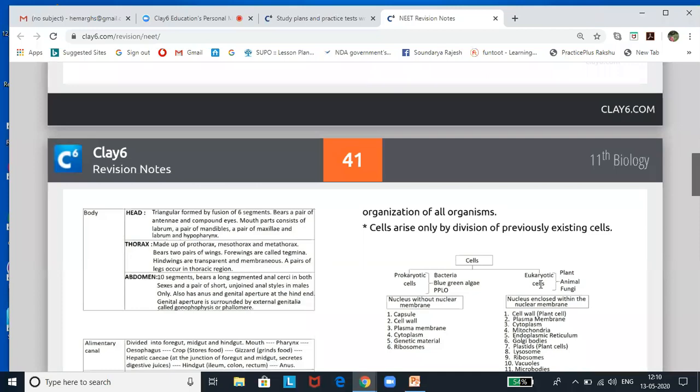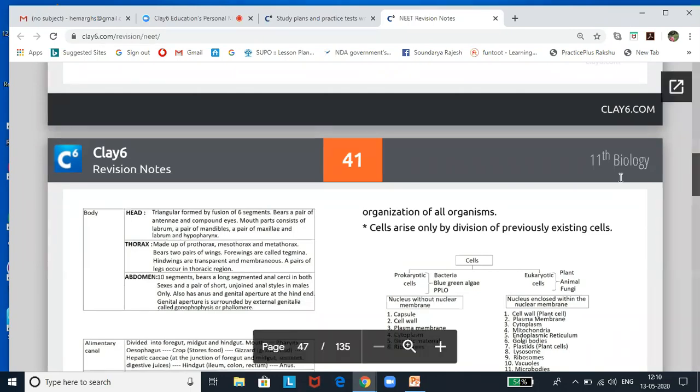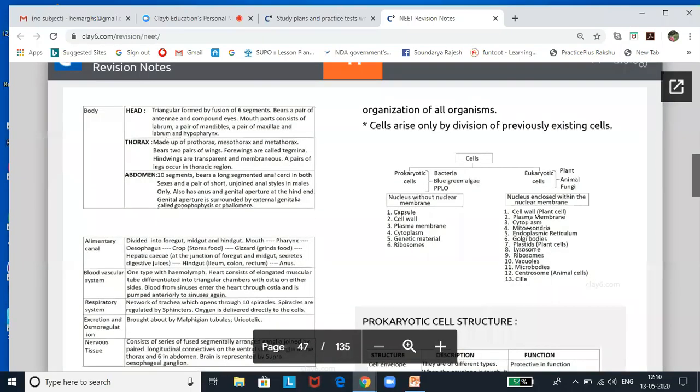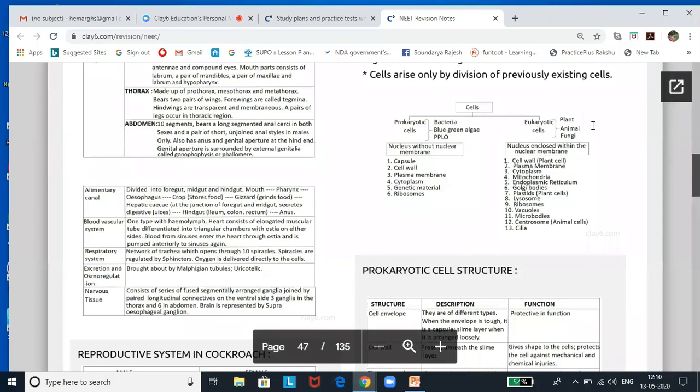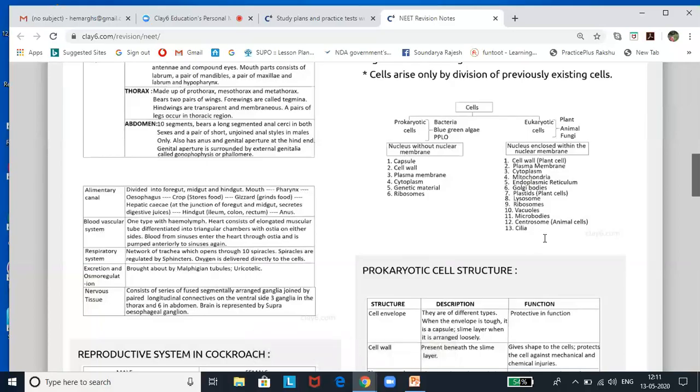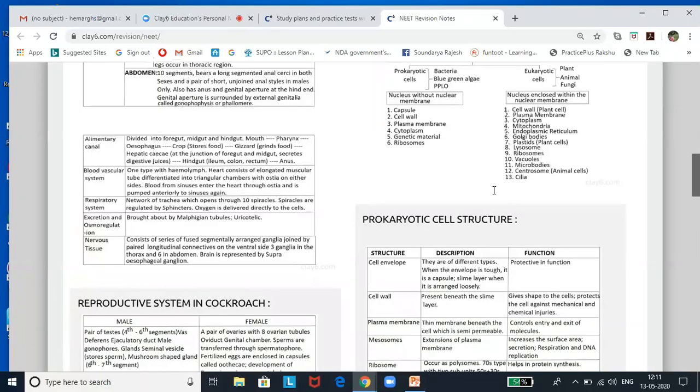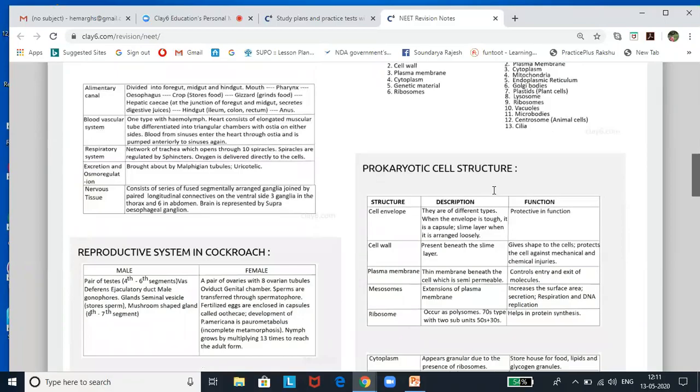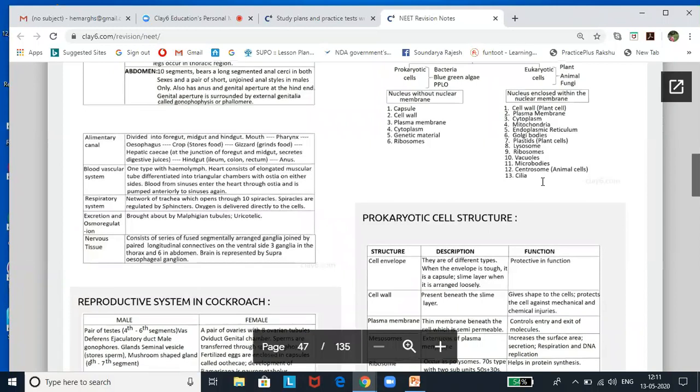Now, we have already studied in classification, that is biological classification, how organisms are classified. Now let us look at a broad view. You know there are two kinds of cells, prokaryotic cell and eukaryotic cell. We have put under each head what are the important things you have to know. Now let us look into what are prokaryotic cells. A cell that lacks a membrane-bound organelle and a well-defined nucleus is a prokaryotic cell. A cell that has a well-defined nucleus and membrane-bound organelles is a eukaryotic cell.